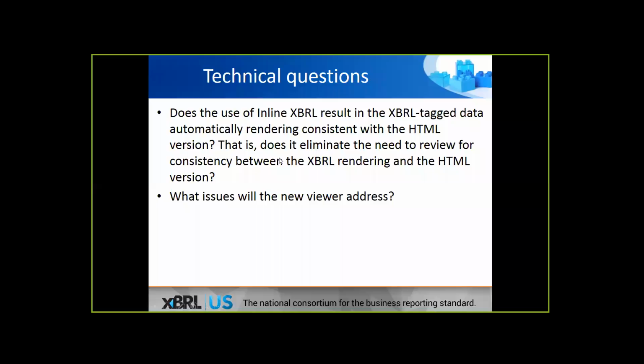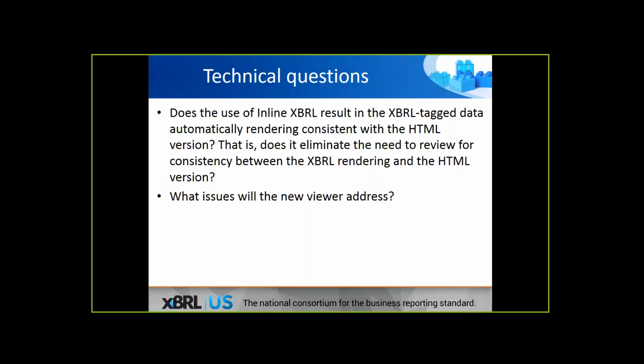Now, as it happens, the way the renderer will work is it's just going to pick one of those, let's assume it's a pair of numbers, and present them in both places, assuming that you built your presentation links correctly. But once again, it's much more important that you be able to look at the original document under the inline viewer and see that every number on the income statement was tagged, including the net income, and every number on the cash flow was tagged, including the net income.